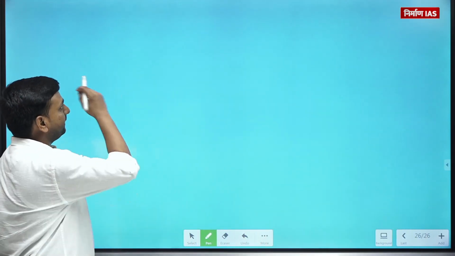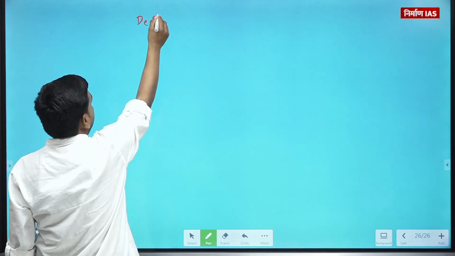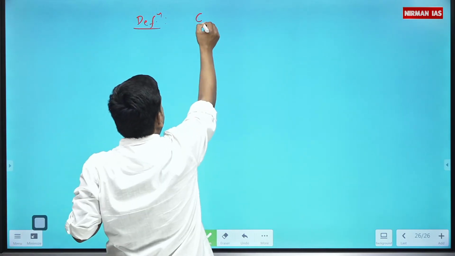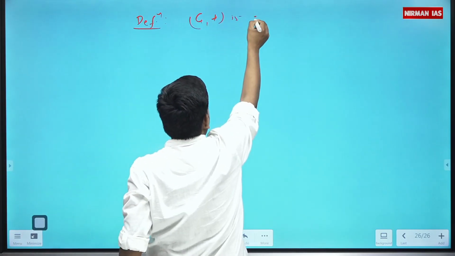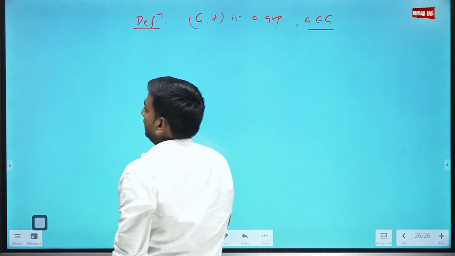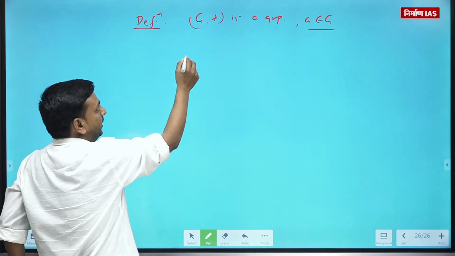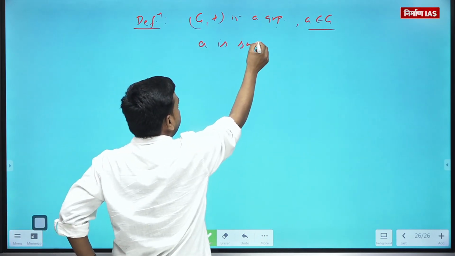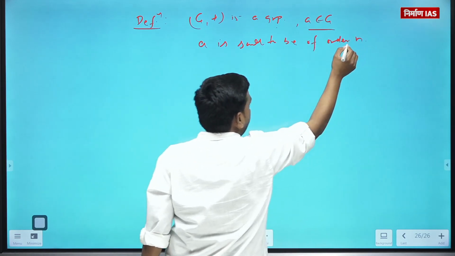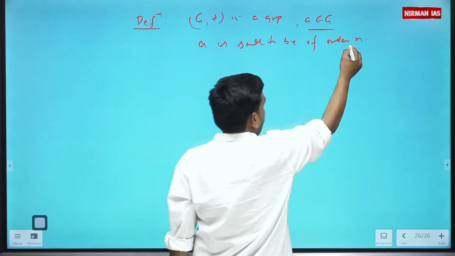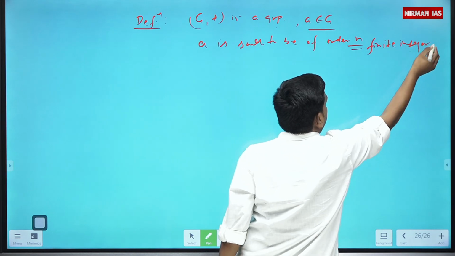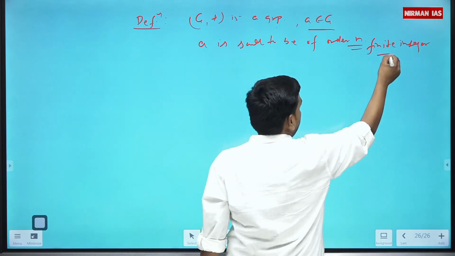Okay. So definition. Write the definition. Let (G, *) be a group. A is some element of G. Then A is said to be of order N, where N is some finite integer. You can say non-zero,